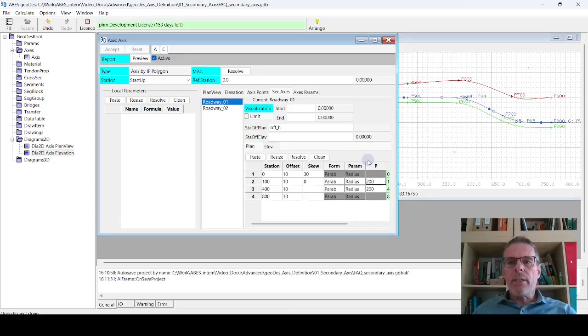Sometimes it's not practical to show the secondary axis over the full length of the alignment in our project, and sometimes it makes sense to limit the visualization of the secondary axis. And this is what these input fields up here are for. So let's say we want our visualization to start at station 250 and end at station 580. So these will be the limits for just the visualization, and I click on limit, and if I accept